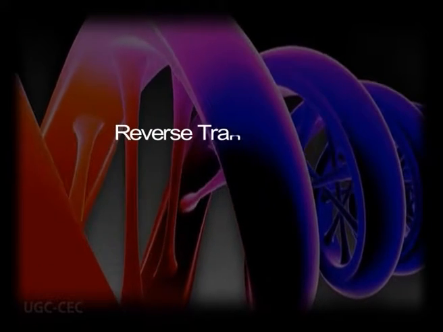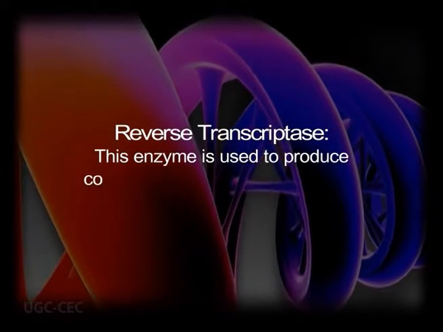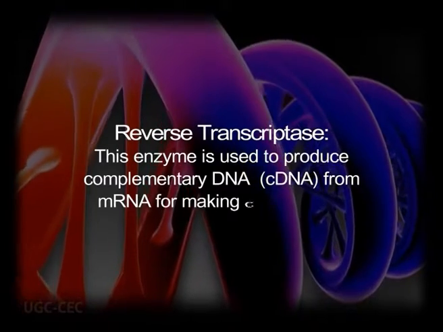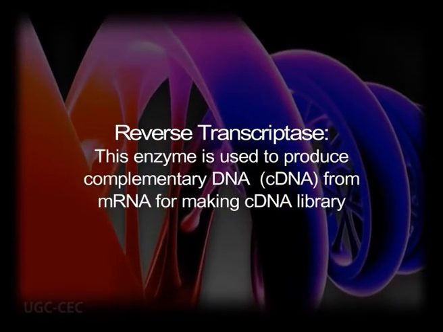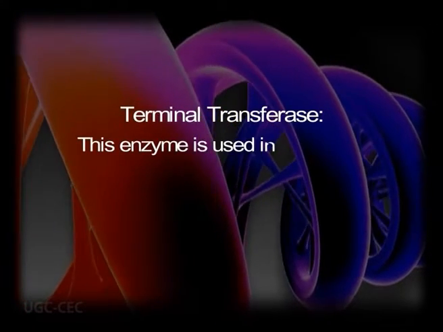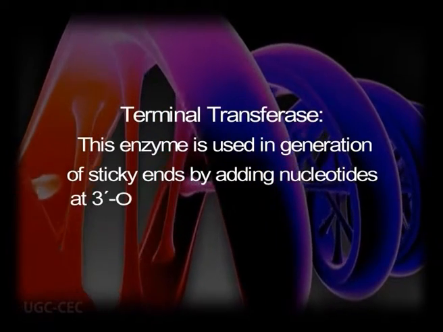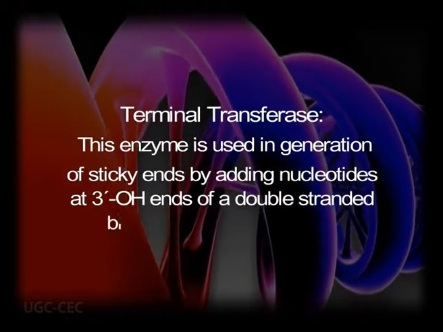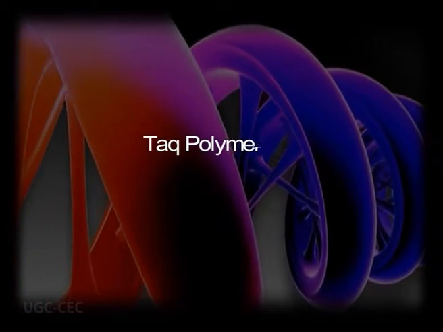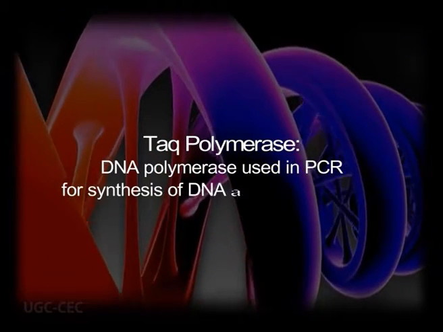Then reverse transcriptase is another enzyme. This enzyme is used to produce complementary DNA, that is cDNA, from mRNA for making a cDNA library. Terminal transferase: this enzyme is used in generation of sticky ends by adding nucleotides at the 3'-OH ends of a double-stranded, blunt-ended DNA molecule. Taq polymerase is a kind of DNA polymerase used in PCR for synthesis of DNA